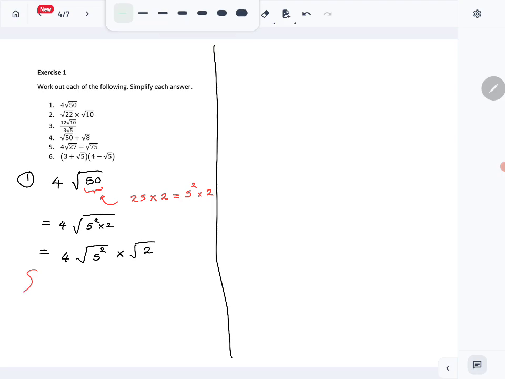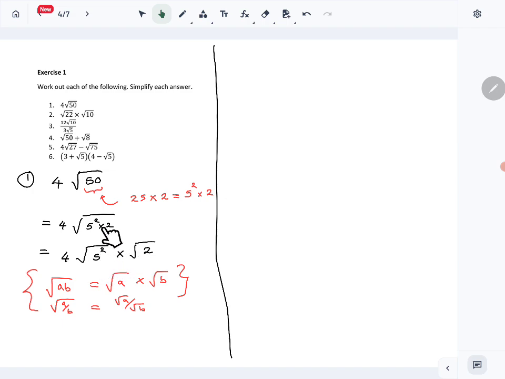Here I used a property of square roots. If you have a product inside a square root, I can break it into square root of a times square root of b. You can do the same thing for division. If you have a division or quotient inside a square root, you can write it as square root a over square root b, right? So I used that property and broke this into 2 square roots, right? Then